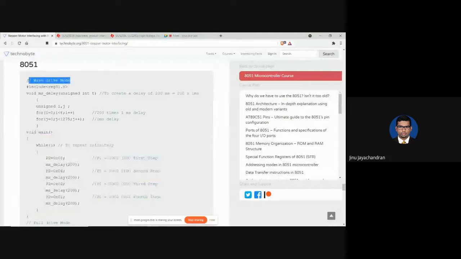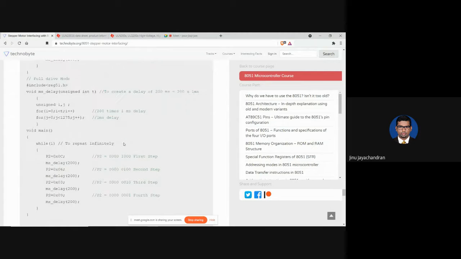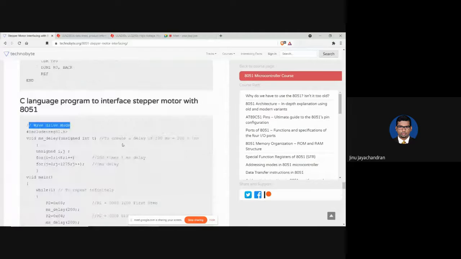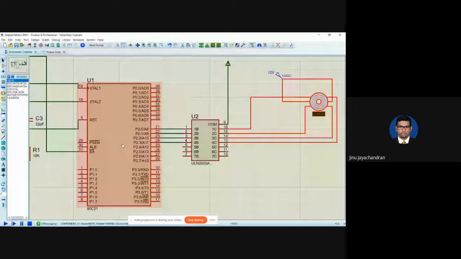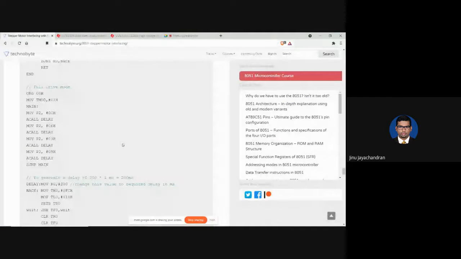And you can write this to have wave drive mode. In your project, I always prefer to use a C program because it will be easier for you to code, because the project is not only to run a stepper motor, but it will be of a bigger use or a bigger target. So you don't want to waste time in coding. If you're doing a project, always prefer C code. So this is what the stepper motor is and how you can code it. Do you have any doubts till now on what I have explained? Any doubts? We can clear it up now itself.